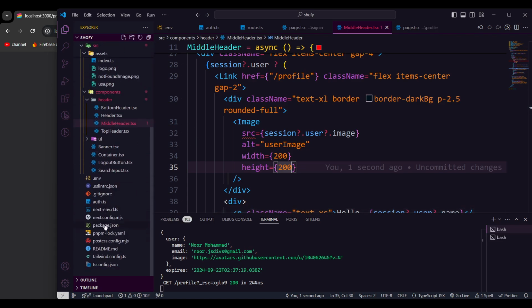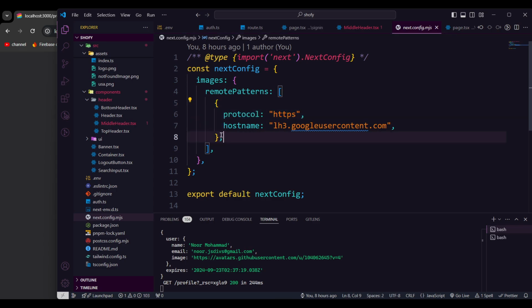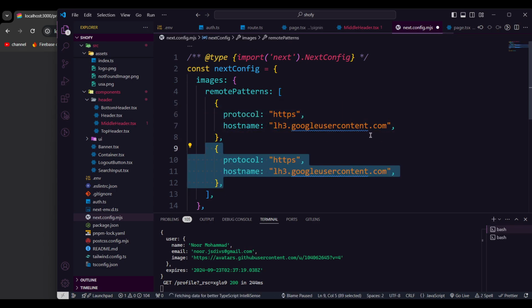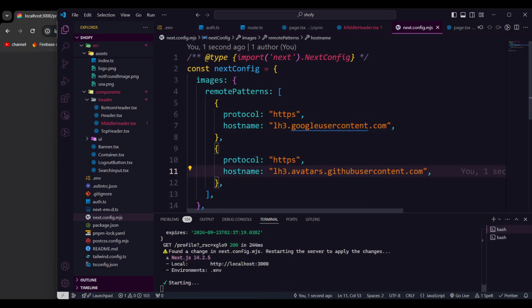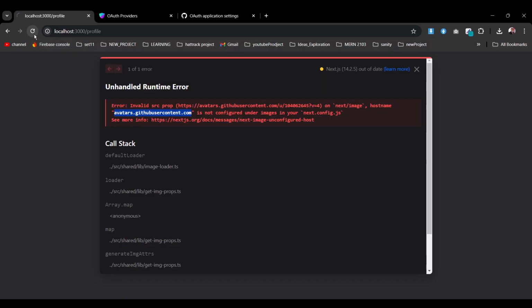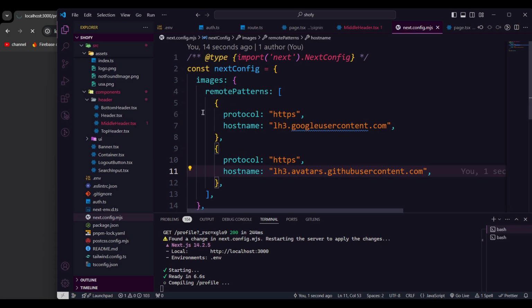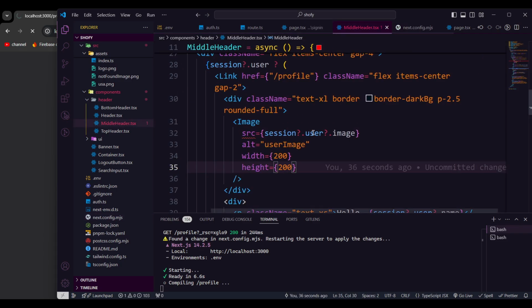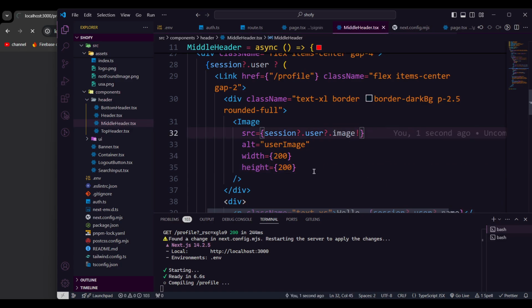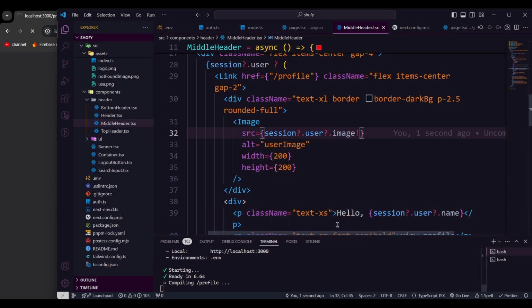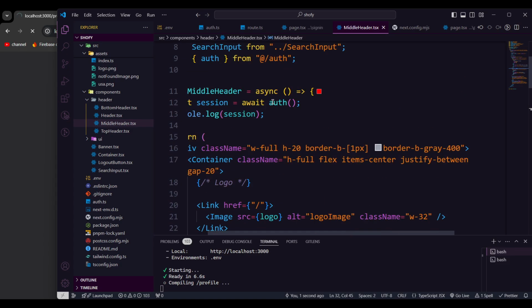So it's in the root folder, of course, and here, as we already have one more here, I'm gonna just copy this, and here I'm gonna paste our GitHub parameter. And after doing that, you can close the terminal, or you can just reload. Give it a time to recompile, as we're gonna lose the user and other parameters. But while it's reloading, let's go back there. As you see in the middle header, there is an issue because we need to check that image will be available there. So this is the one portion, and another portion is that once I have the session,